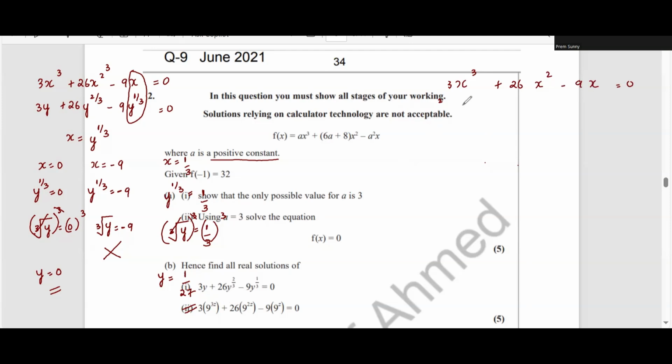The equation that we have to find out here is 3 into 9 to the power of 3z plus 26 into 9 to the power of 2z minus 9 into 9 to the power of z is equal